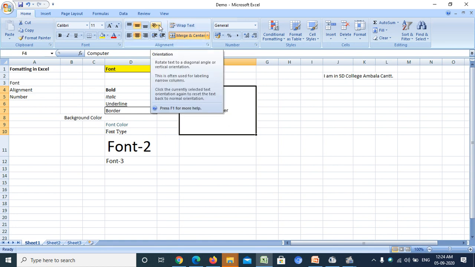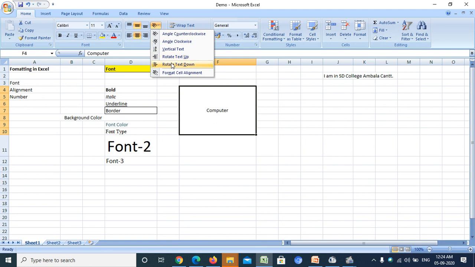See, if I select rotate text down, this option will change the direction of my text. Again I am going to select another option, like angle clockwise. Now see, the direction of my text changes. If I click on the same option again, then it will bring my text back to its original position.